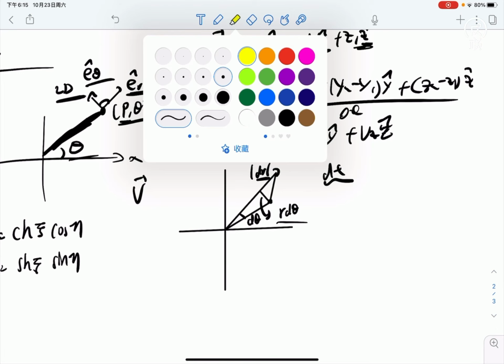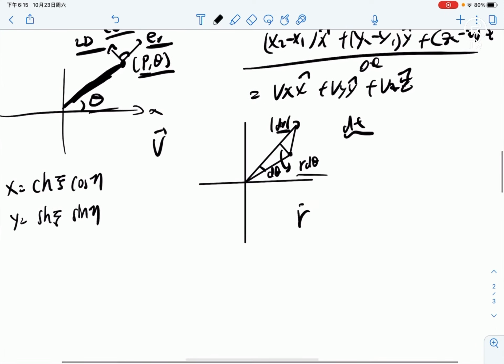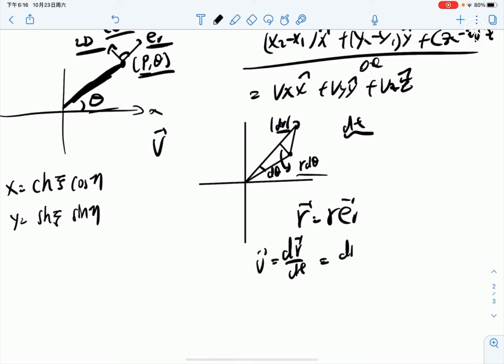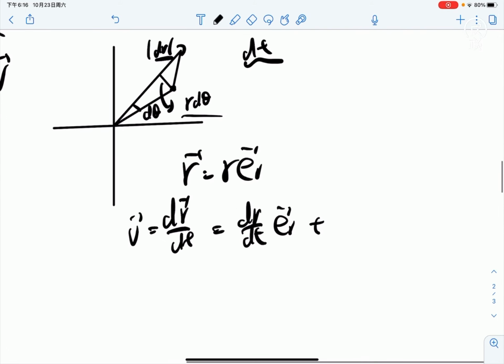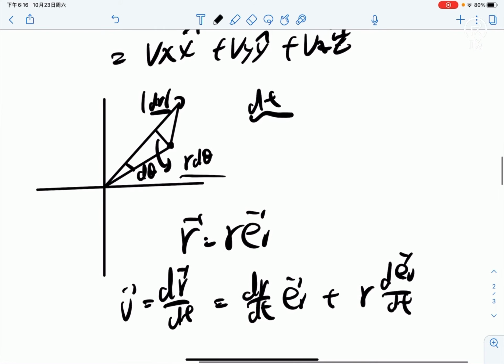So because r can be described as r equal to r e_r, plus, yeah, basically this. And if we take the derivative by the definition of velocity, you can see this is basically dr/dt e_r plus r d(e_r)/dt. Basically this. And from this point to here, we can see that